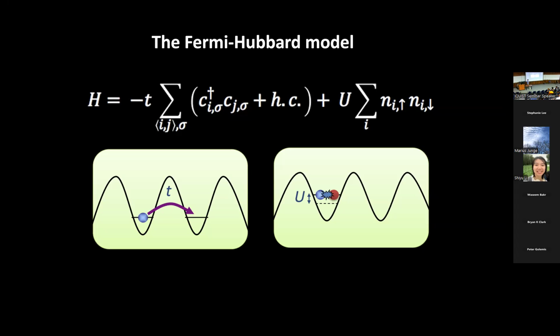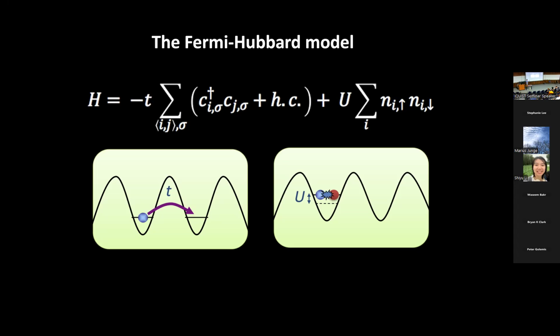Well, the paradigmatic Hamiltonian you can look at when you have fermions on a lattice that are strongly interacting is something called the Fermi-Hubbard model. This is a Hamiltonian that was proposed way back by Phil Anderson shortly after the discovery of high-TC superconductors as a basic Hamiltonian which you can use to study maybe the essential physics going on in these systems. So the Hamiltonian here has 2 pieces. There's a kinetic energy piece where you have tunneling of fermions between neighboring sites. So you create a fermion, you destroy a fermion on one site j, and you create another one on a neighboring site i. And here sigma is the spin index.